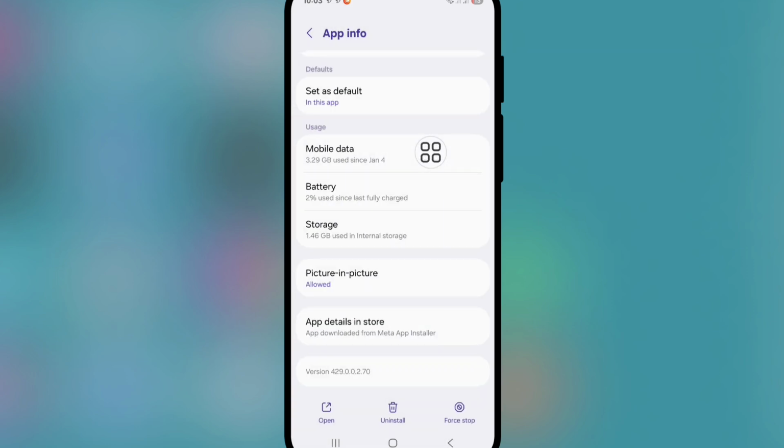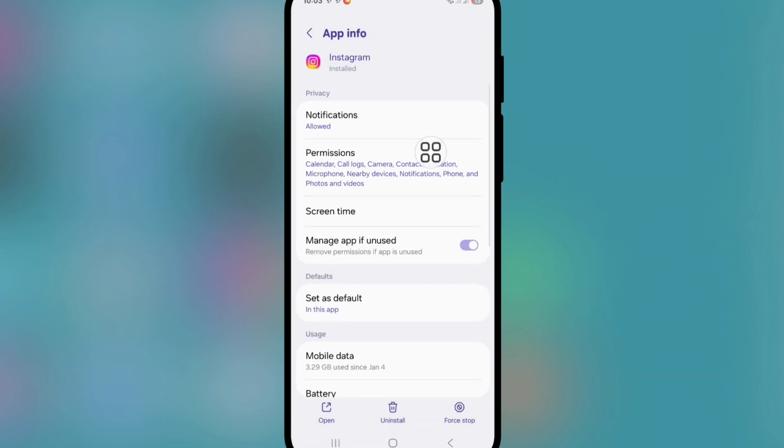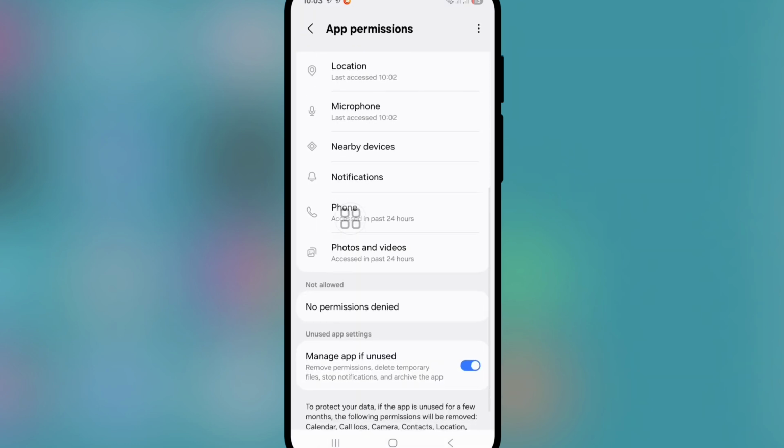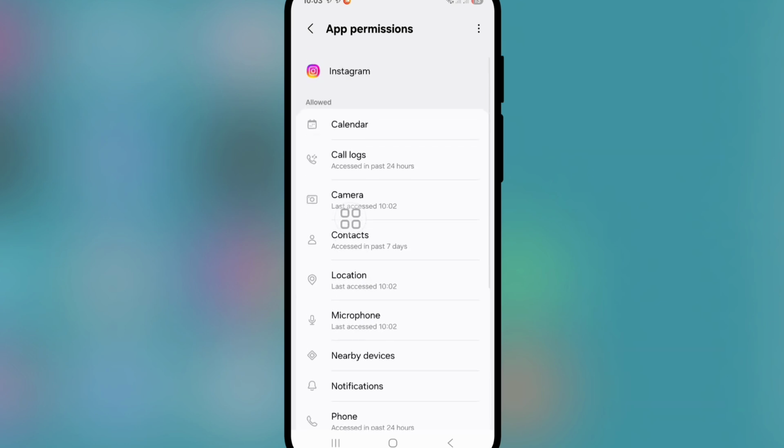Go back and then go to permissions option. Now allow all the permissions. After allowing all the permissions, go back